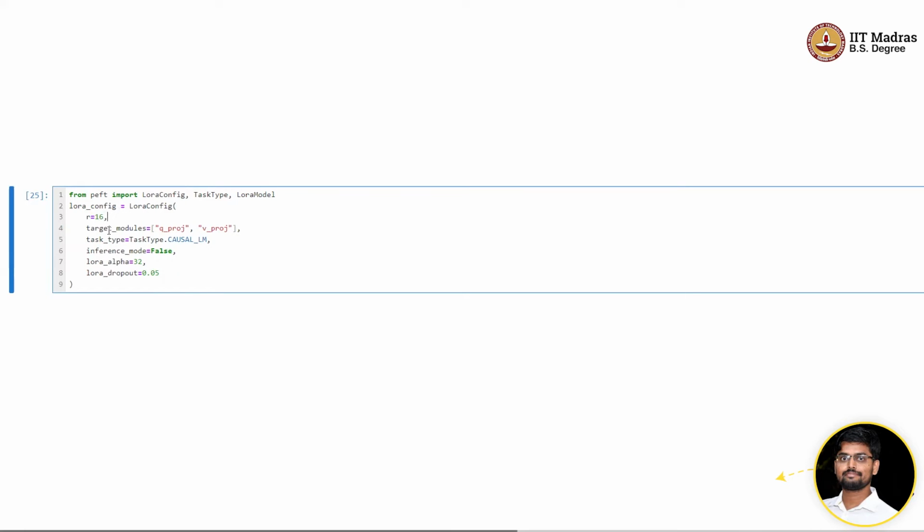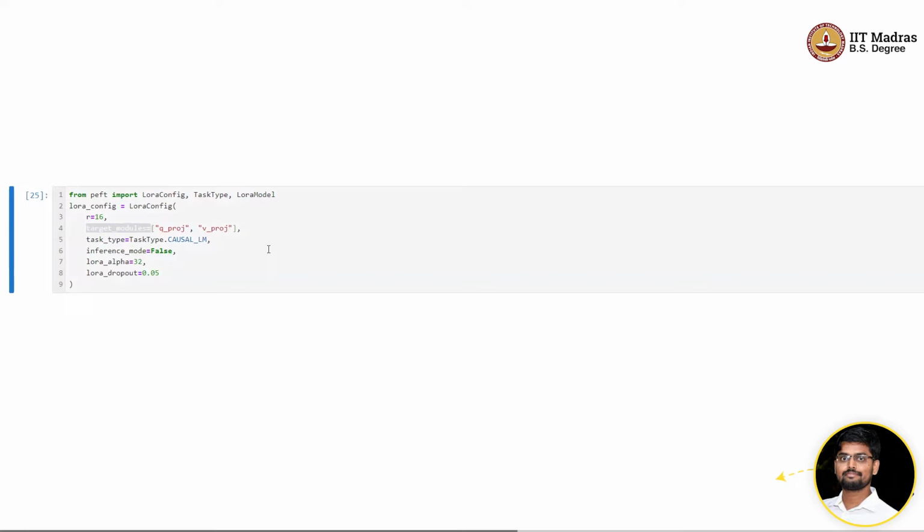And also, since we have a decoder model, we have multiple weights at multiple layers. One is in the attention layer, where we have WQ, WK, WV, and also WO. And in the feed forward network layer, we have the Ws. So we can say where we need to add these LoRA adapters by passing the layer names to the target modules.